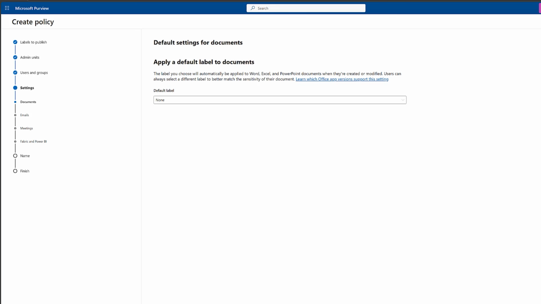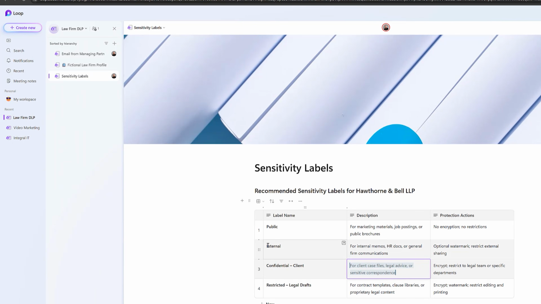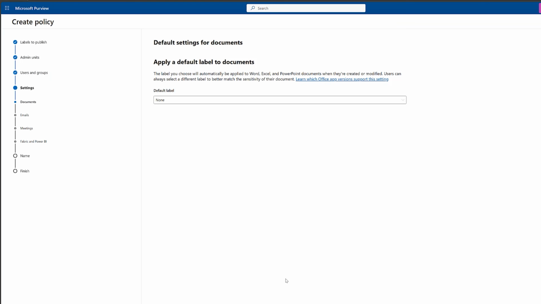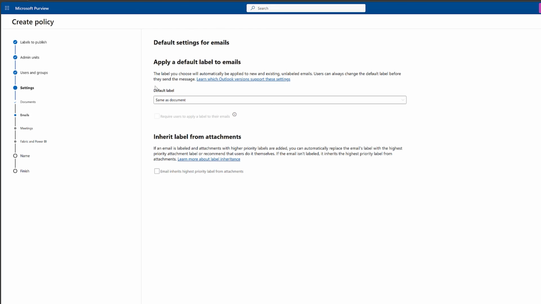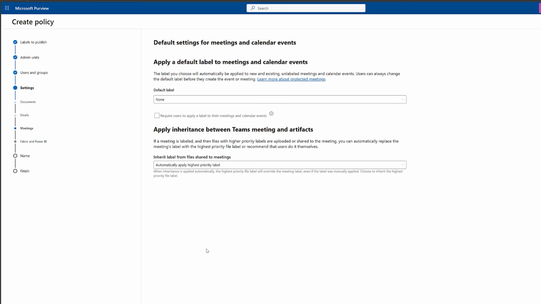So we looked at this one here. If I just go back to this page here, we could maybe have the default as internal, okay? If we created all these, but it depends on your business. I'm not going to select the default one there. Again, same with emails, click on next. Same with Teams and meetings and calendar events, click on next,